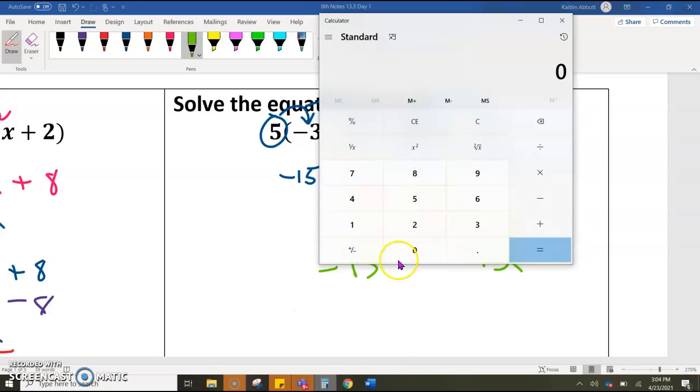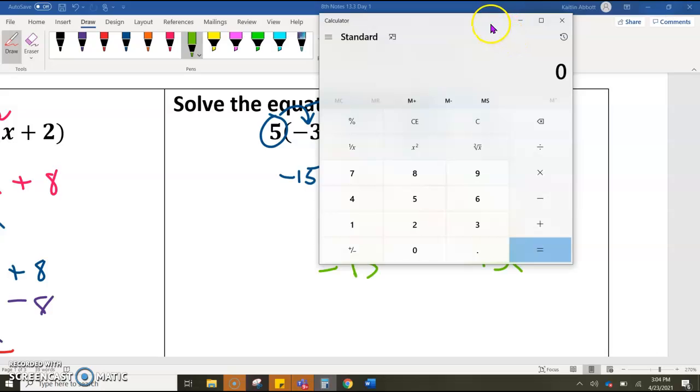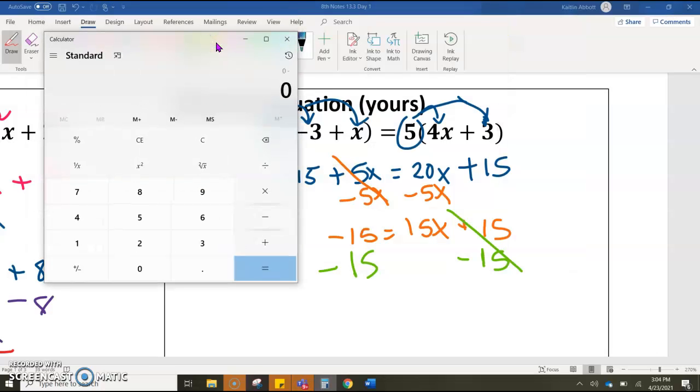So we're going to take negative 15. That's minus 15 negative minus 15 gets us 0. Oh, it didn't do the negative. Okay, hang on. Negative 15 minus 15. There we go. Negative 30